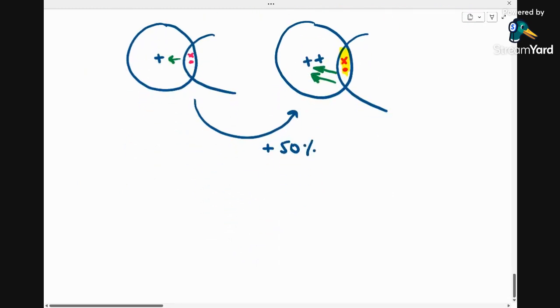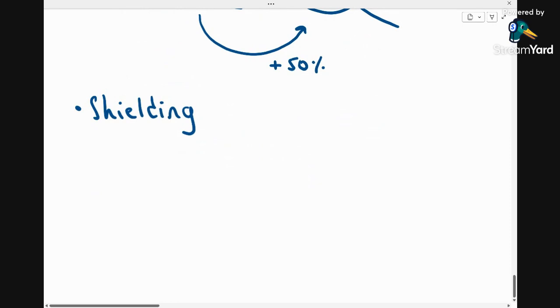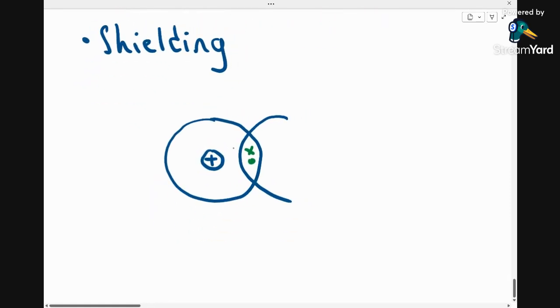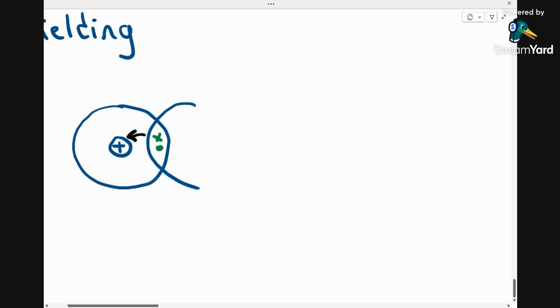So that's nuclear charge. The next thing is something known as shielding. And shielding is important and has an effect because if we have, let's say, 2 atoms, they have the same, let's just say they've got 1 proton in the middle here, and we again have our covalent bond. Hopefully you can appreciate that the pulling power here is going to be reasonable, but if we increase energy level,